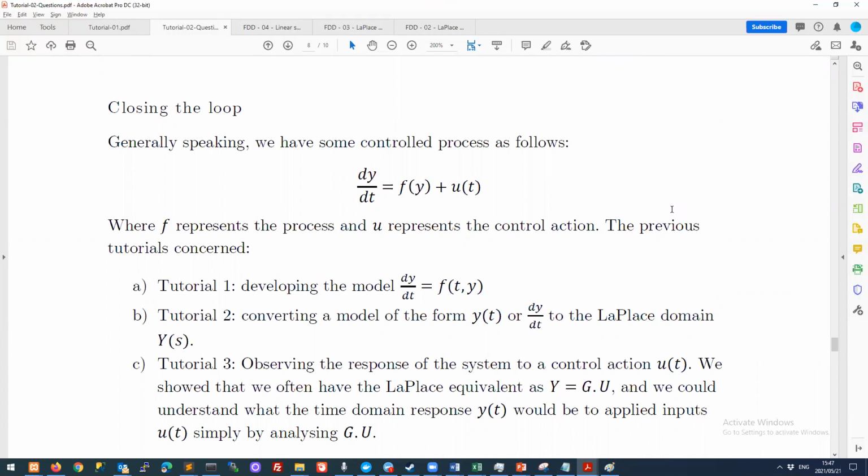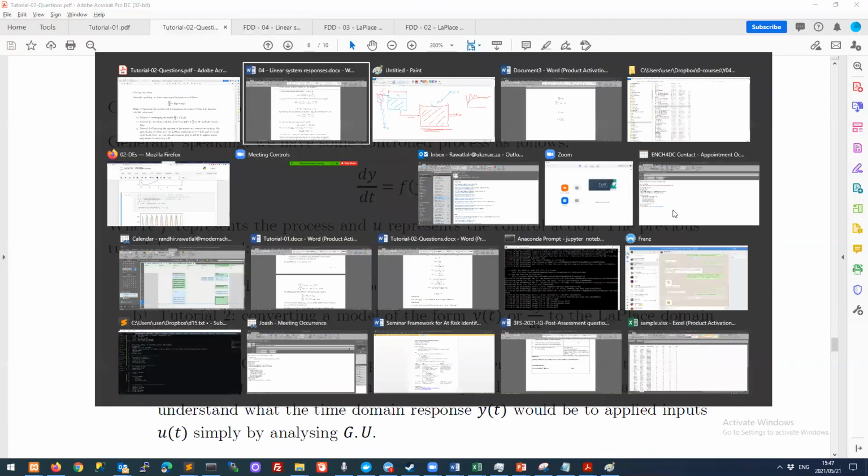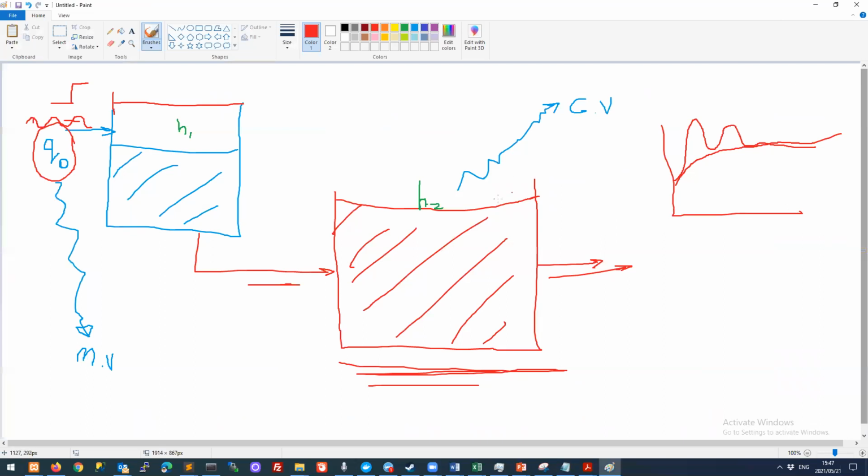But we said earlier that what we really want to do is consider the difference from a set point. So let's say our height is currently here, but actually we want to operate here, right? This is our desired set point. So let's call this H2 set point. So we want the system to go here, and the thing we can control is this Q